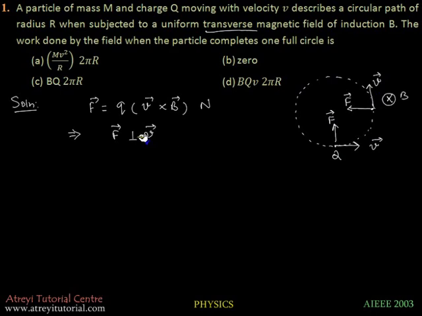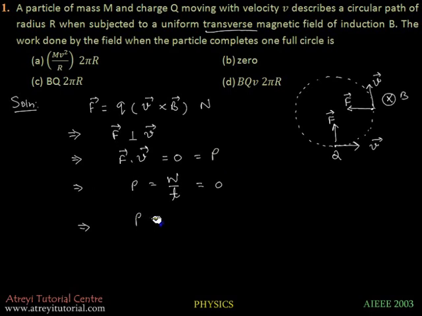Hence this F will always be perpendicular to v, the velocity vector, and the dot product of two perpendicular vectors is always 0, because F dot v is Fv cos theta, and theta is 90 degrees, cos 90 is 0, so F dot v will be 0. And F dot v represents the power delivered by the magnetic field to the moving charged particle. So P is coming 0, and P is the rate of work done, and that is 0, implies that